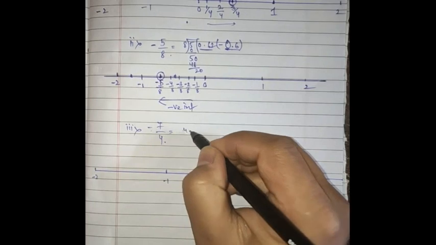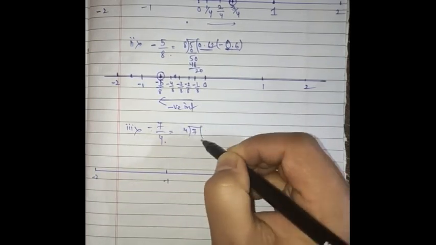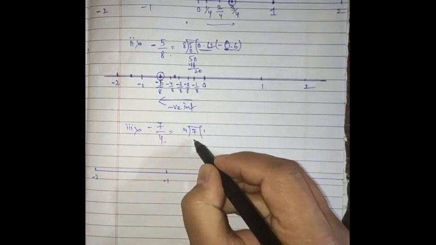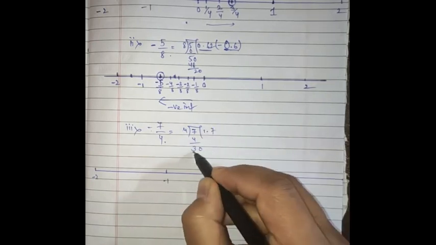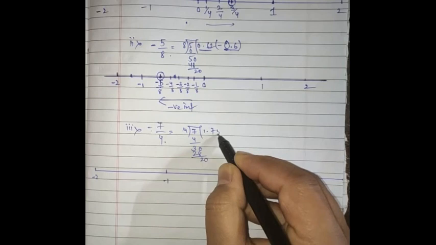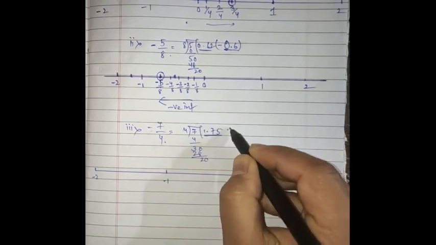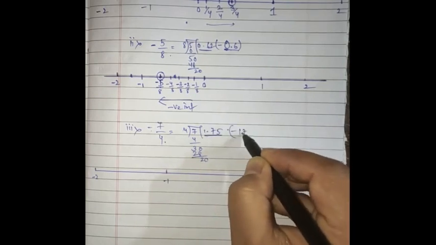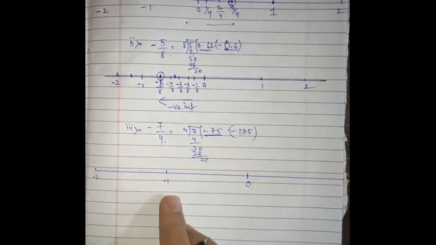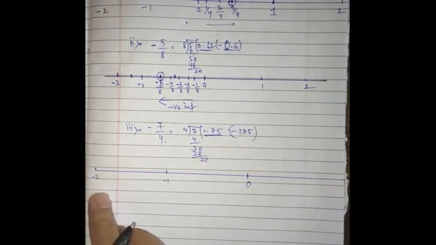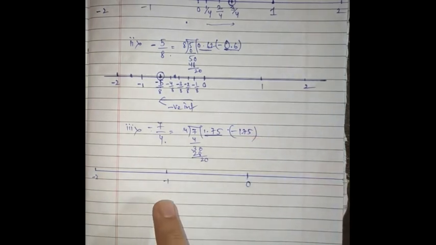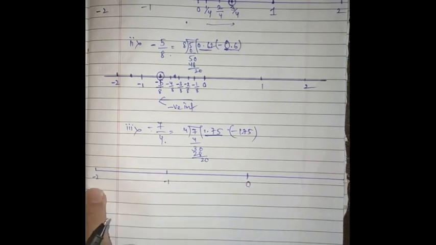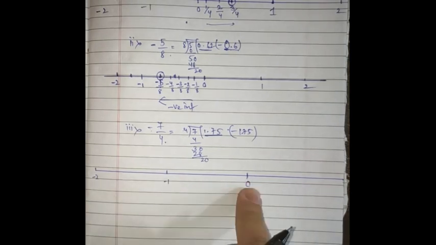Because just see, when you divide this 7 by 4, 4 times 1 is 4, 7 minus 4 is 3, and it goes on to 1.75, but the negative of 1.75. Isn't it? So it will move towards the negative integer, right? 1.75 is above 1, so it should be in between 0 to 2. Right? In between 0 to 2.